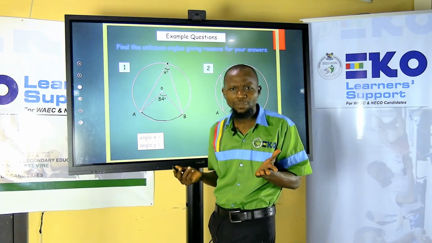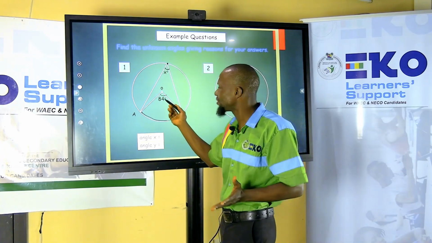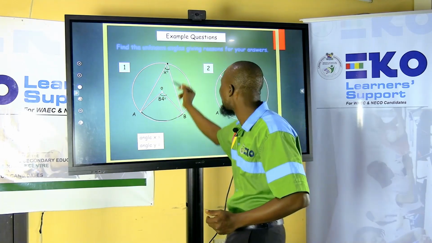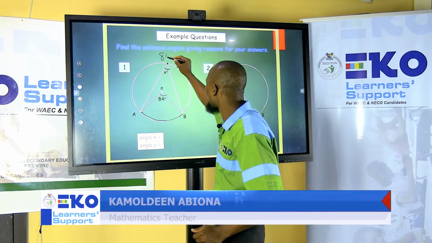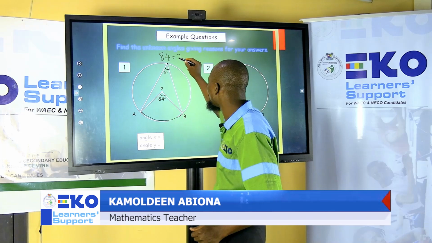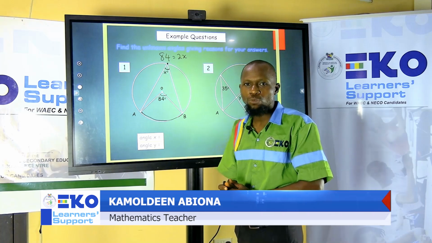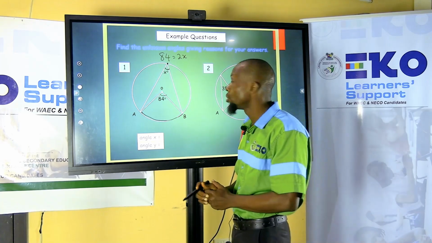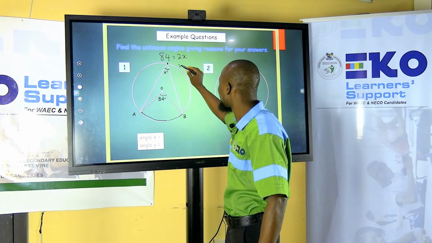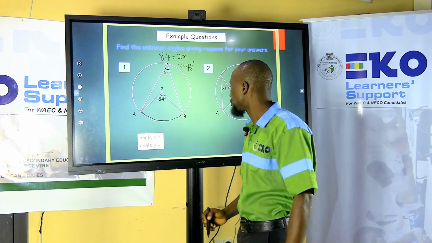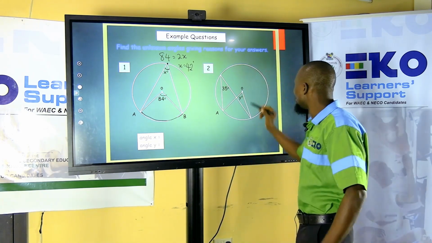So based on the theorem that we have learned, it means the one at the center is twice that at the circumference. Center is what? 84. Is what? Twice. 2 multiplied by the circumference, which is X. So by knowledge of a linear equation, we divide both sides by 2. What do we have? So we have X equals 42. X equals 42. All right. So then for this,